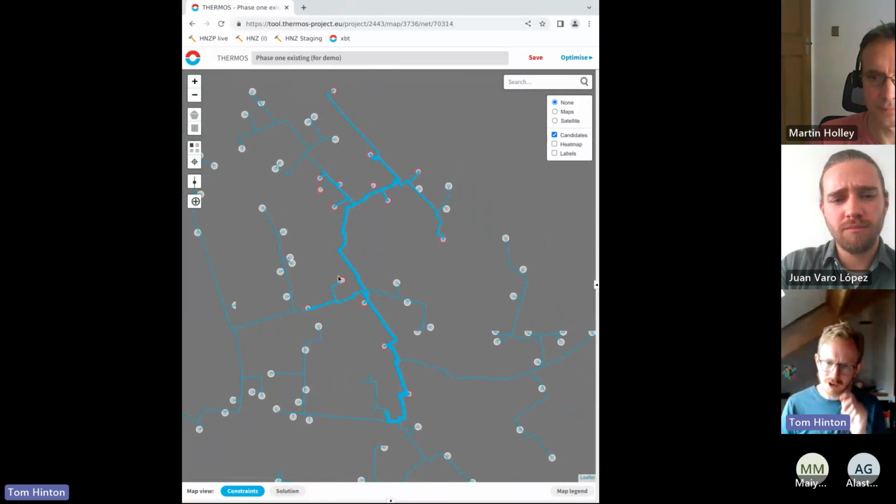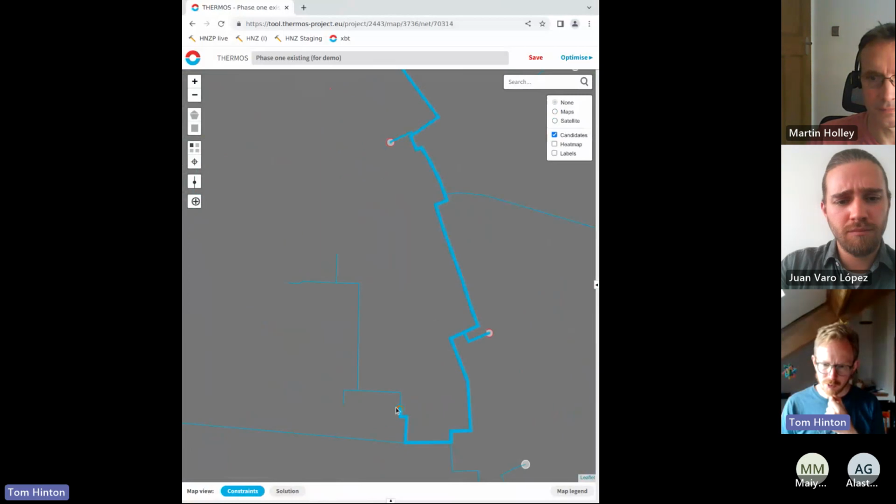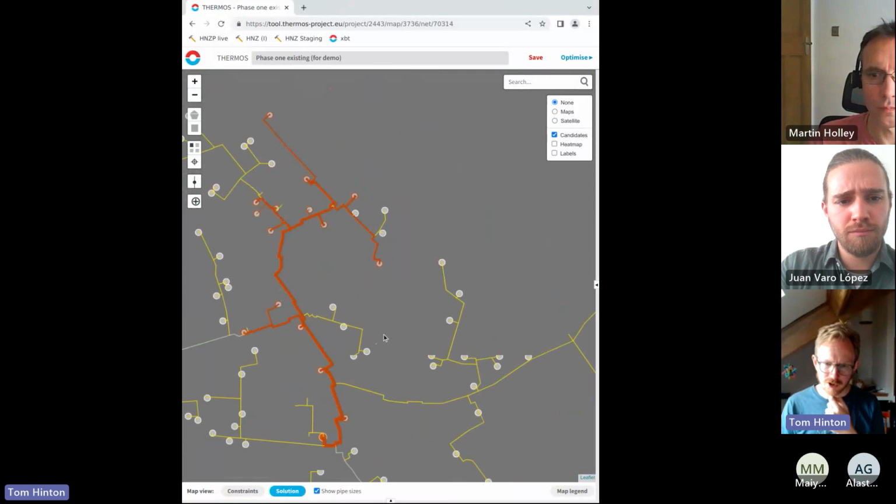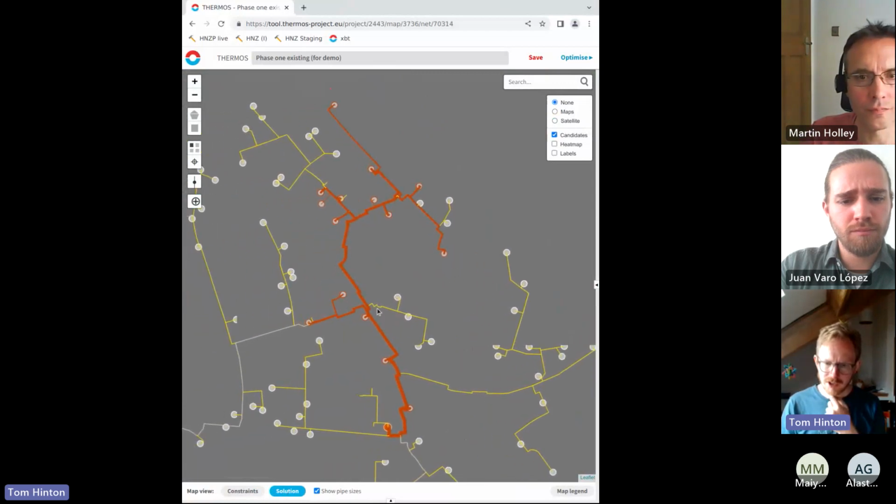But yeah, so this is a network solution in which there's a single supply modeled here. And then if I switch it to show what it's actually chosen, this red bit is the network that we're modeling, with some loads at the ends. And I guess, like Martin described,